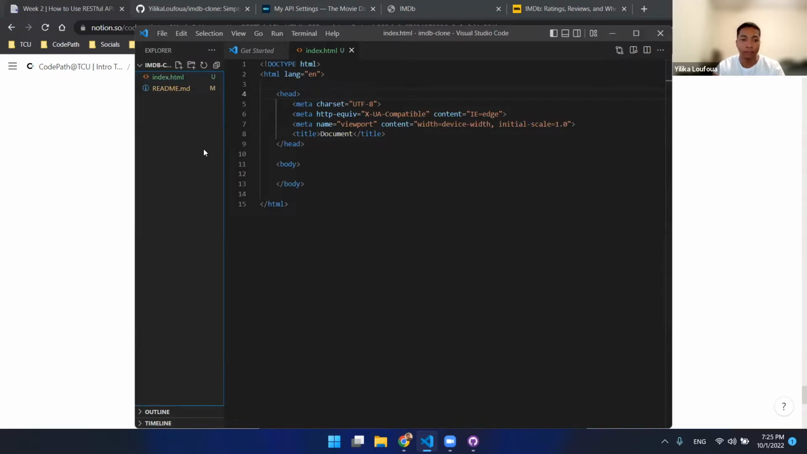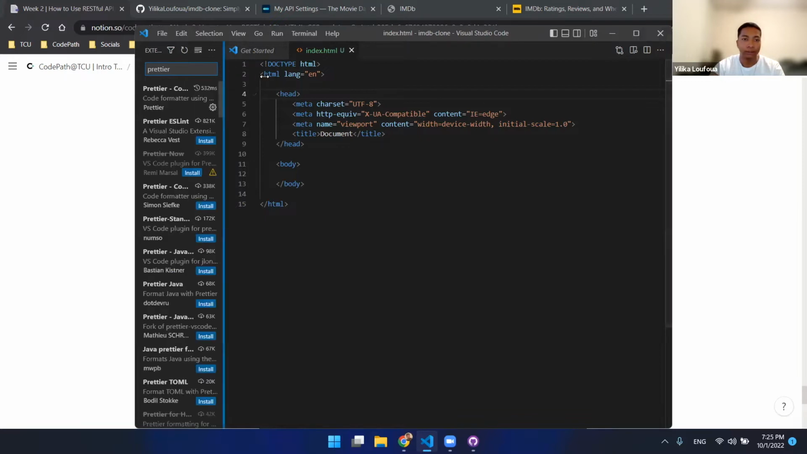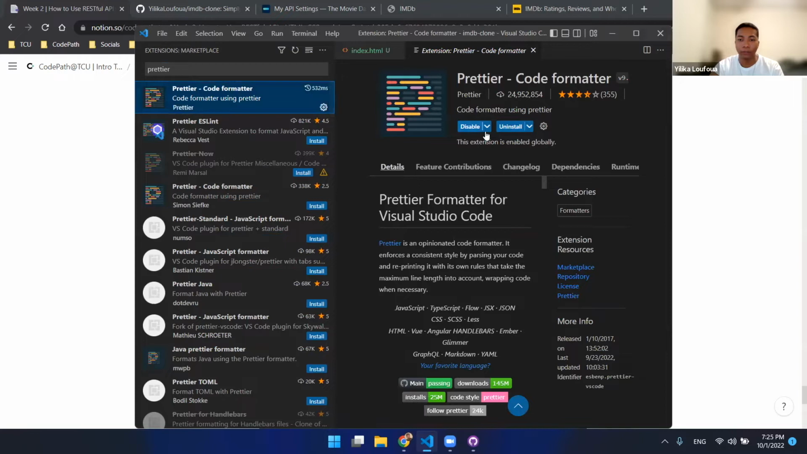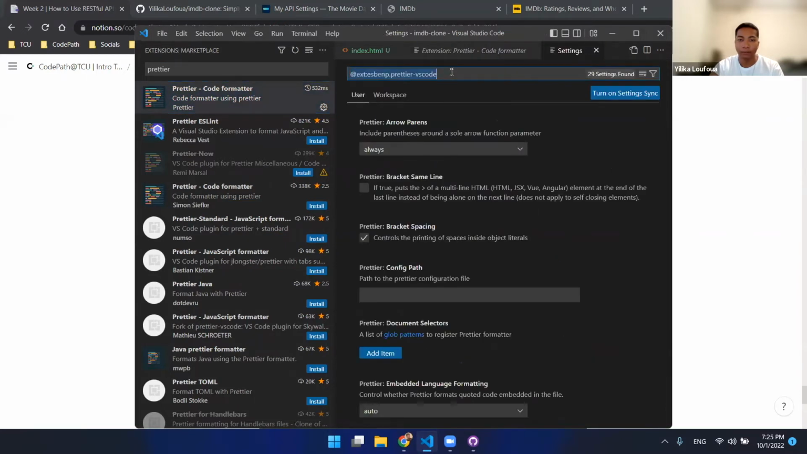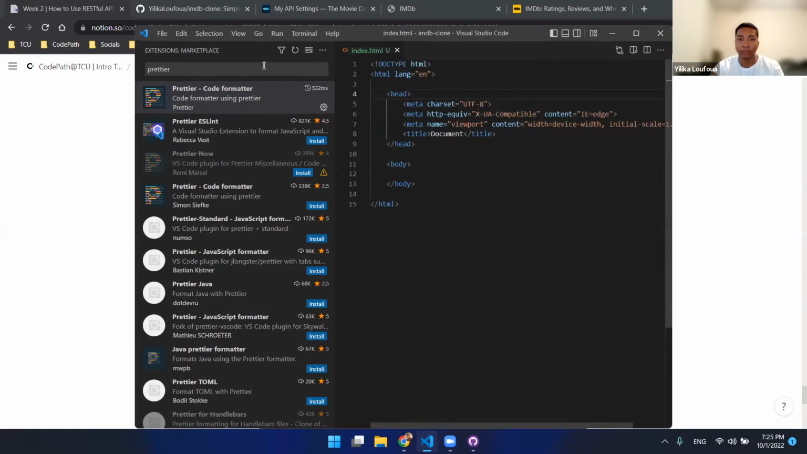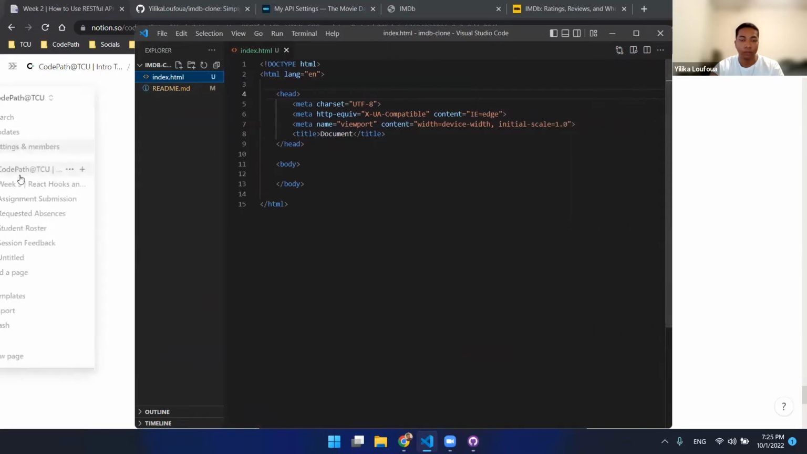I installed an extension called Prettier. This is a VS Code extension that will help you format your code. And once you install this extension, and then if you were to go to the settings and then find format on save, it will help you format your code every time you save it, which is very convenient. Okay, so next,